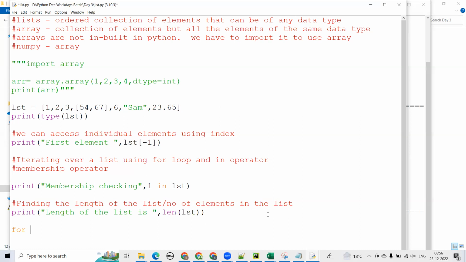So this is another way of accessing the elements of the list by index. We can access, for index in